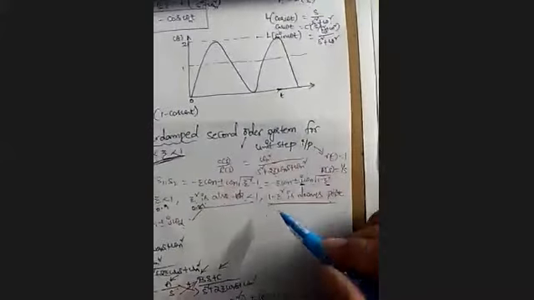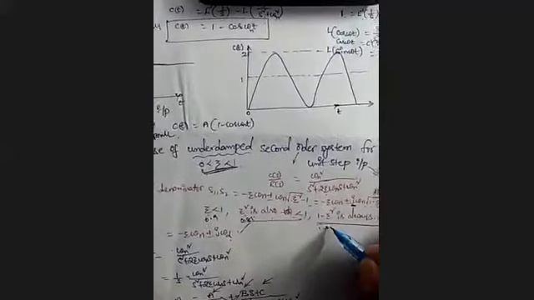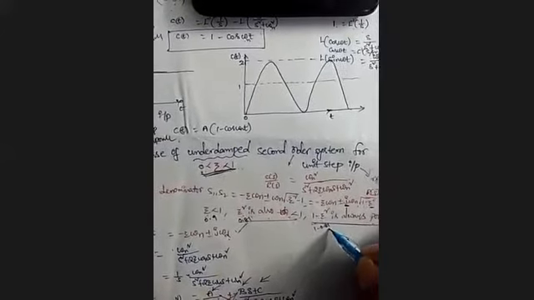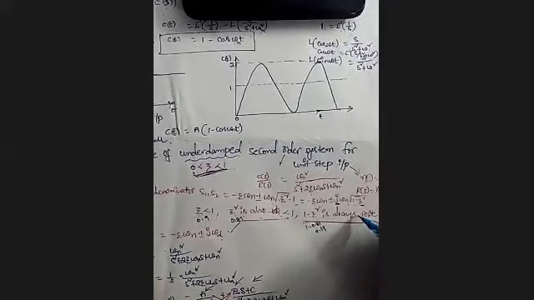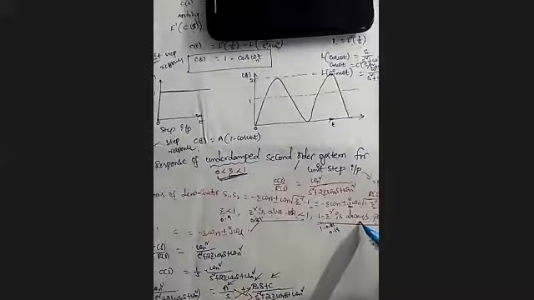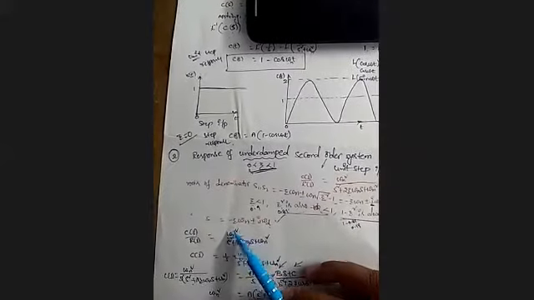Okay, similarly 1 minus zeta square, it means 1 minus 0.81, which gives 0.19. So 0.19 is always a positive value. So if zeta is less than 1 and zeta square is also less than 1, then 1 minus zeta square is also always a positive value. So finally the roots are s equal to minus zeta omega n plus or minus j omega d. Then the standard form of the second order system is C of s by